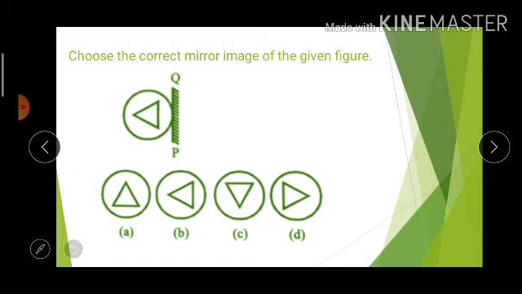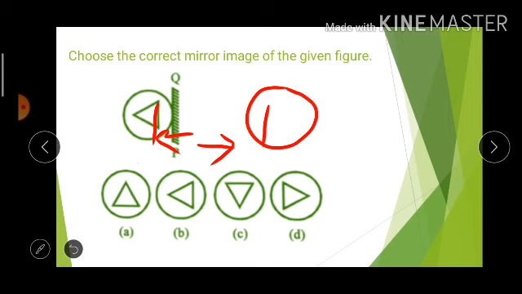Now in this image, as you can see, we have a circle in all the options, so the circle doesn't discriminate the answer. Now we'll see we have a triangle in the question. The first line that you see as you pass from the mirror is a vertical line. So as soon as you travel from the mirror, the first line that you see in the answer figure should be a vertical line like this.